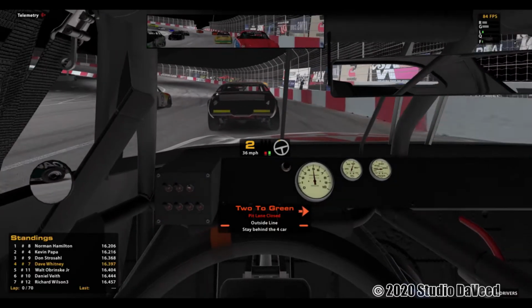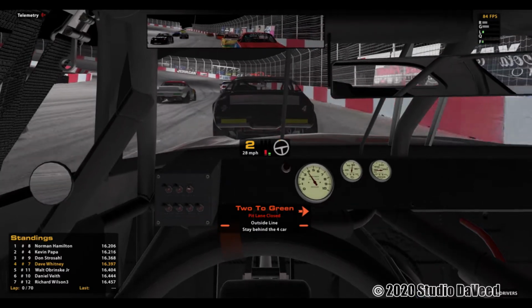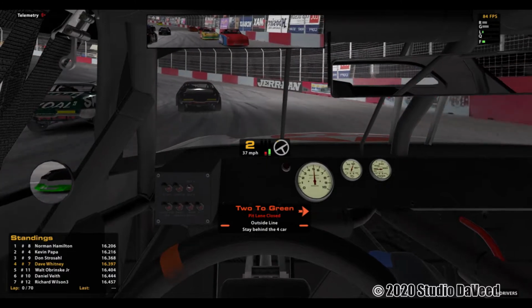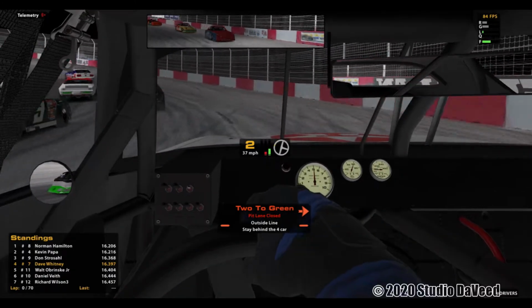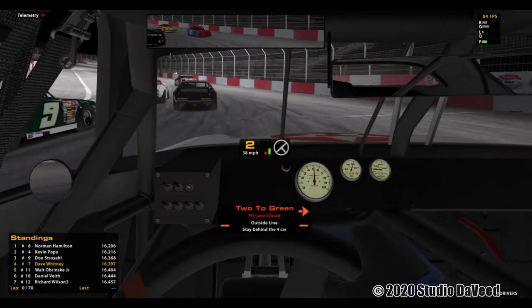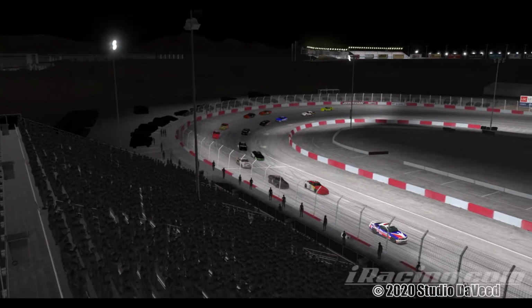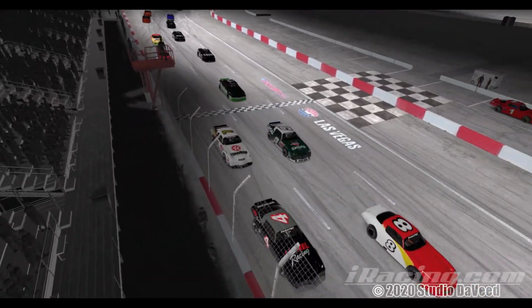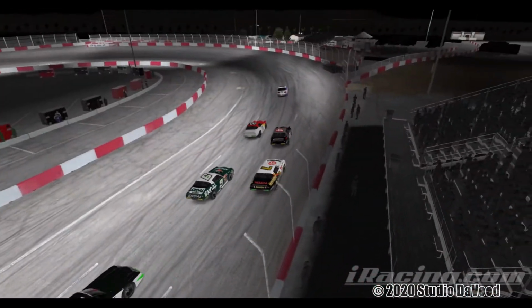We have a 17-car field, one disconnected right away, so that makes it 16 cars. There is a second Texaco Haviland car in the field. We'll call him my teammate. He's starting about dead last in 16th place. This is the second of two splits. I will be starting fourth, and I'm in the number 7 car today. Before we start the race, let's go back to my practice session, and I'll give you a quick track analysis